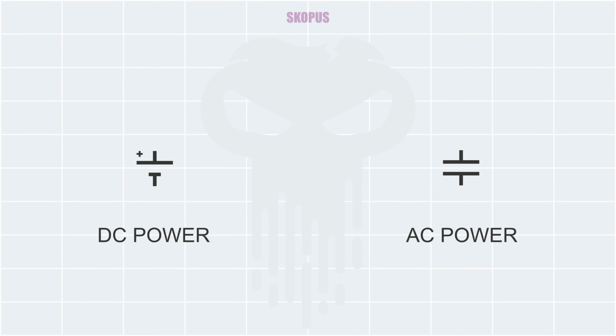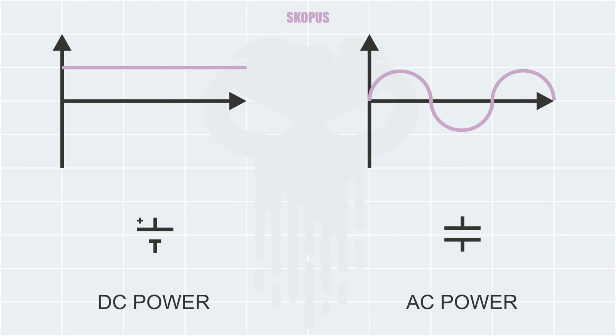Now we are going to learn about the difference between DC and AC power supplies. If we connect our DC and AC power supplies to an oscilloscope, we will see something like this. For DC power, it's always constant like a line, but for AC power, it usually changes polarity over a certain amount of time. A common example of AC power is our mains electrical grid that we connect everything to. It usually looks something like this, which we call a sinusoidal wave, and it's usually around 50 or 60 Hz, which means it changes its polarity 100 or 120 times every second.